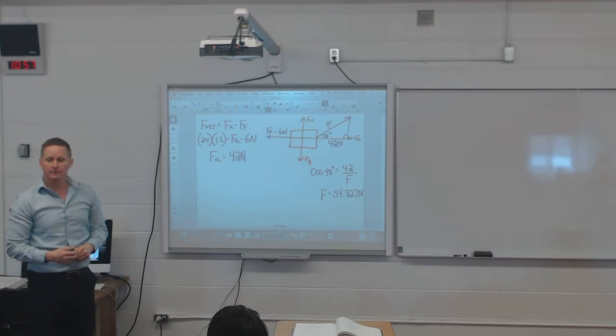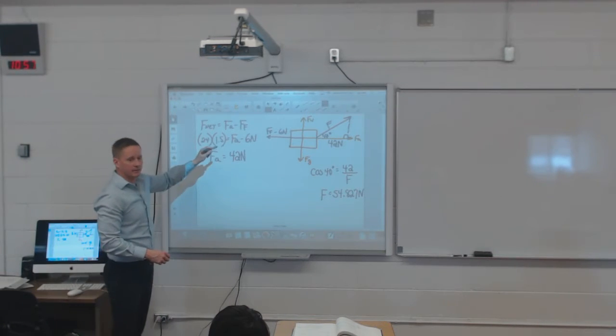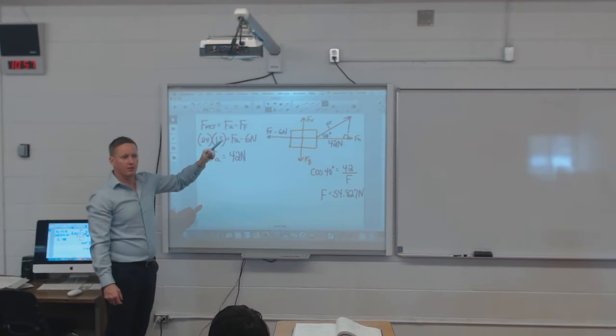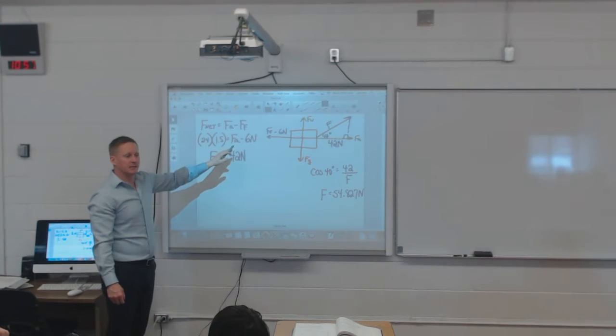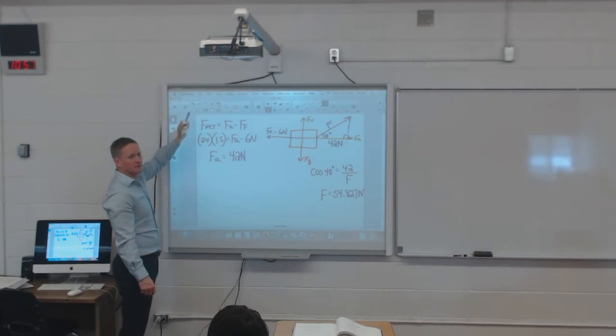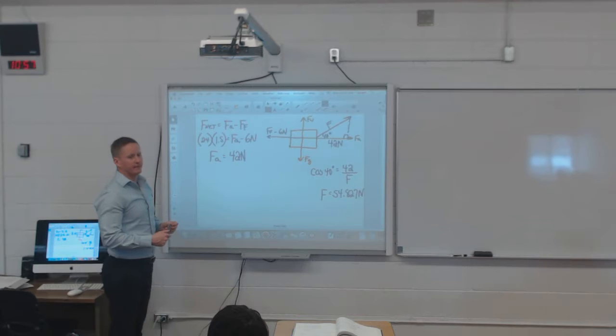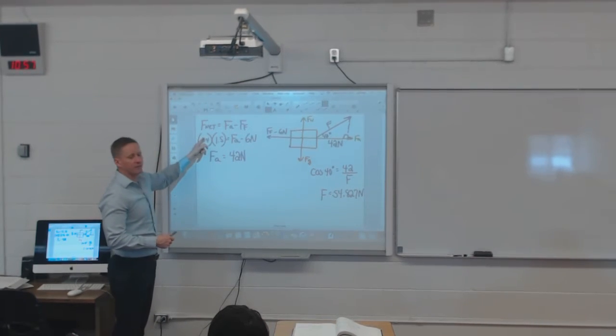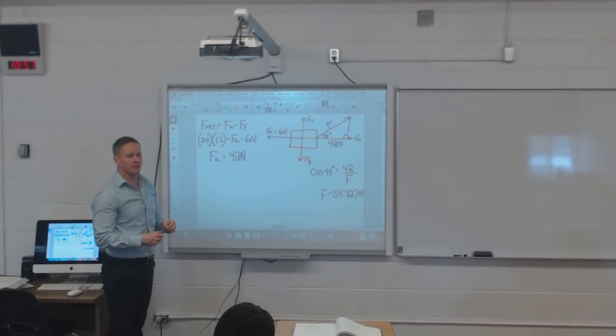You can wait. You've got one more question, and then you can go after that. Any other questions about this one? Because I'm going to get into one more that's a little more complicated. So the net force, F equals mass times acceleration. And mass is 24 kg. Your acceleration is 1.5 meters per second squared.